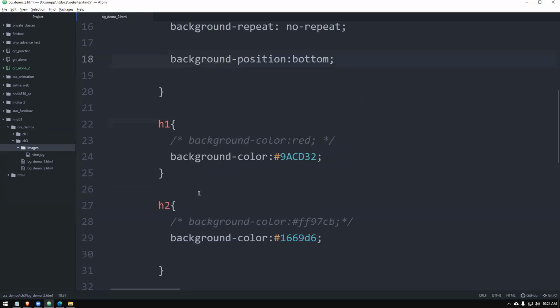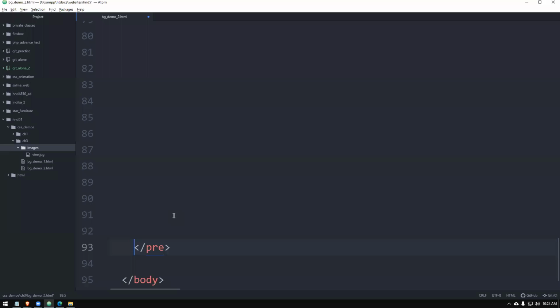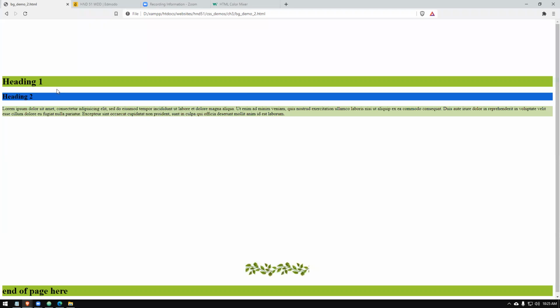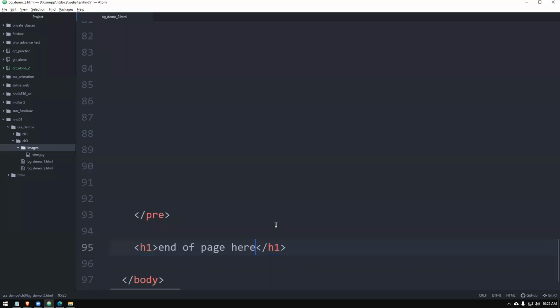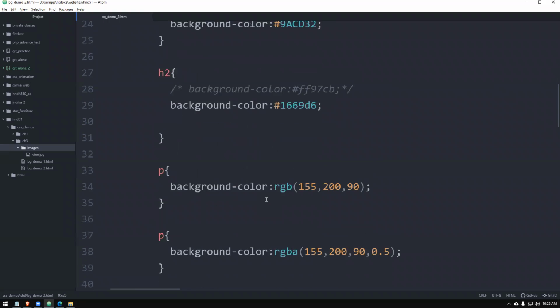If you want, I can add some code here, like a PRE tag, and make the page a bit lengthier, and add another heading. So when I say end of page here, the background image is at the bottom, right? It's at the very center and bottom.